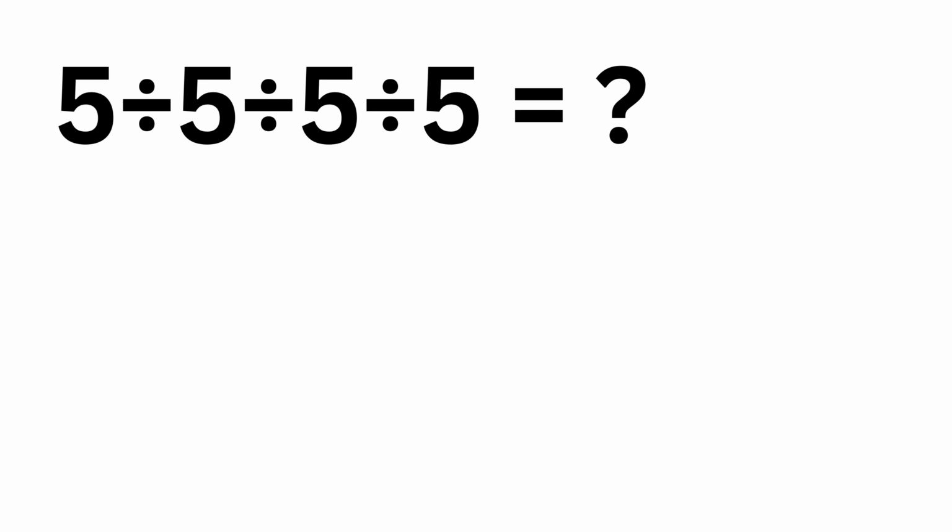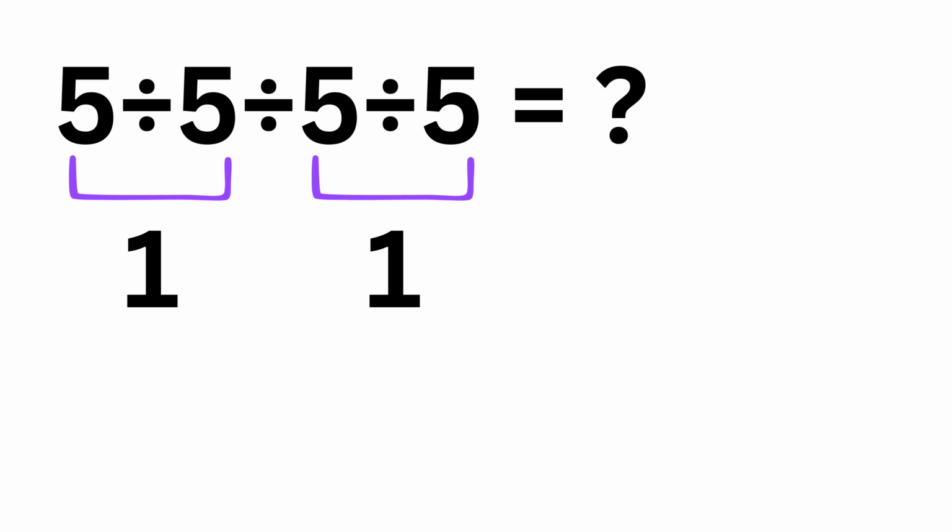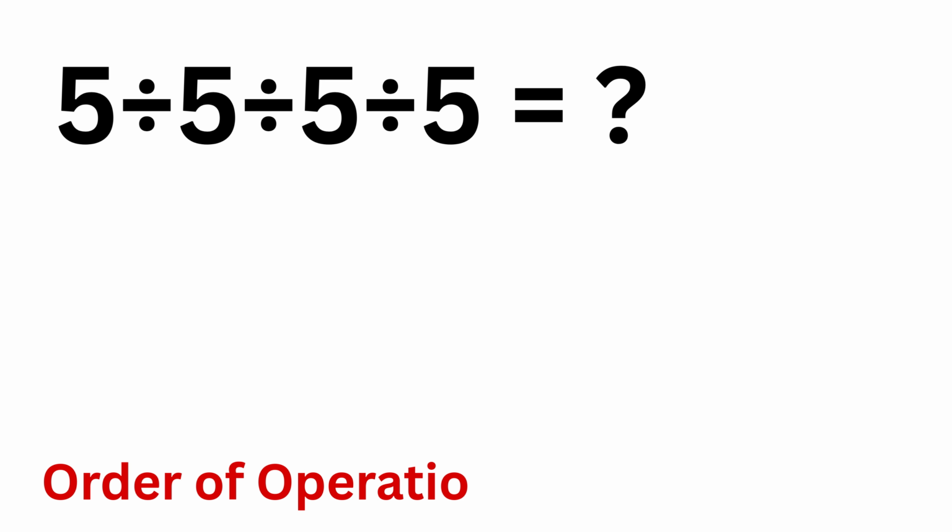5 divided by 5 divided by 5 divided by 5. Here, 5 divided by 5 gives us 1, and again here we have 5 divided by 5, which is also 1. So 1 divided by 1 is just 1. But this answer is incorrect because according to the order of operations, when we have more than one division in